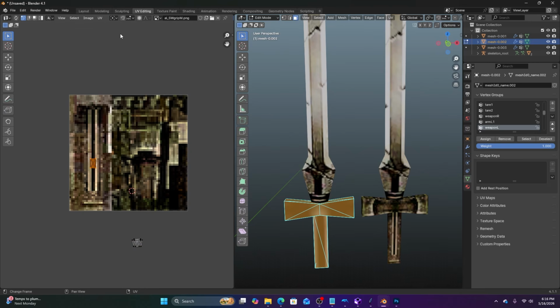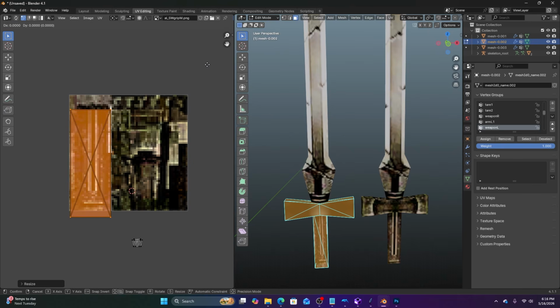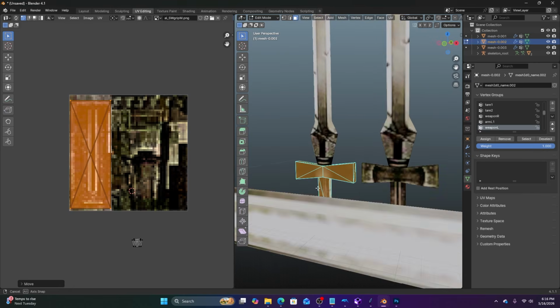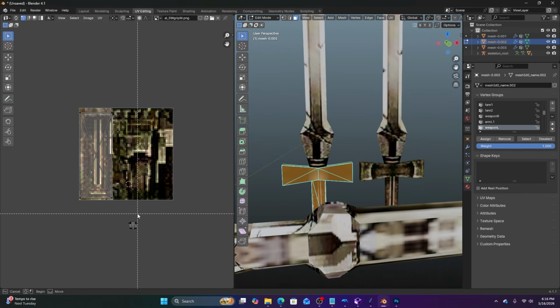Change this back to bounding box center so that it'll scale from right there where I would like it to. I'm not going to be super anal about this just so I can keep going with the tutorial, but